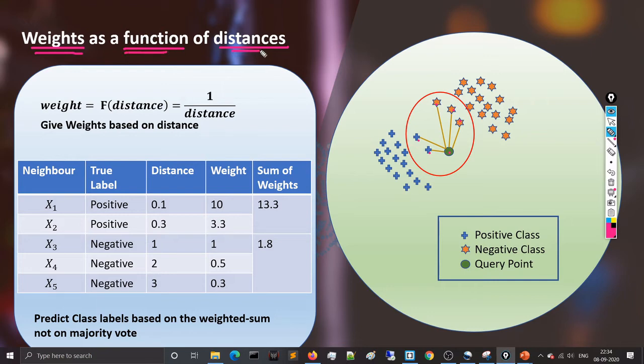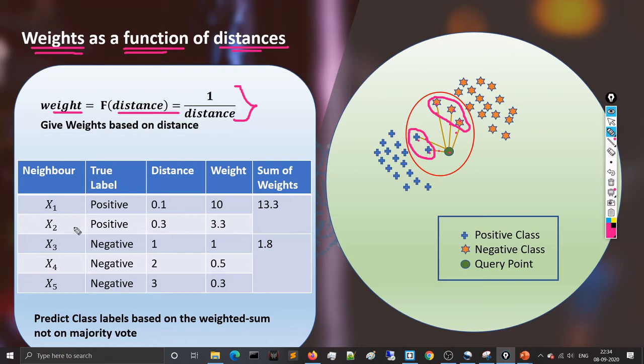So what is the very basic formula here? Weight is a function of distance and it is exactly equal to the inverse of the distance, right? So the less the distance, the more the weightage. And it makes sense, right? Here the distances are less, so we are giving more weightage to these positive classes. And here the distances are much larger, so we are giving less weightage to these negative classes, right? There could be other strategies to calculate weight, but this is the very basic strategy of weight calculation. So just invert the distance.